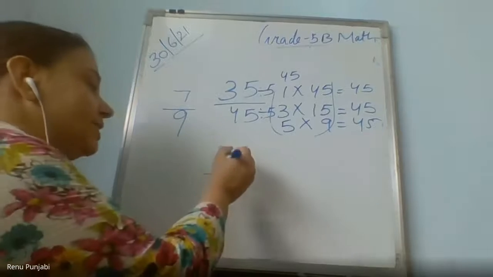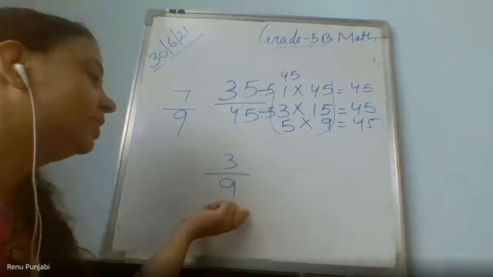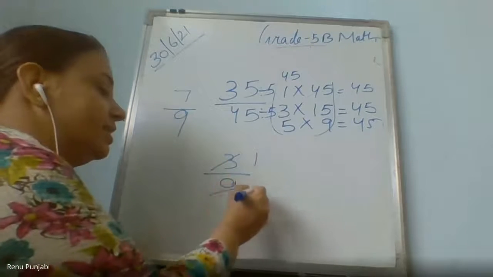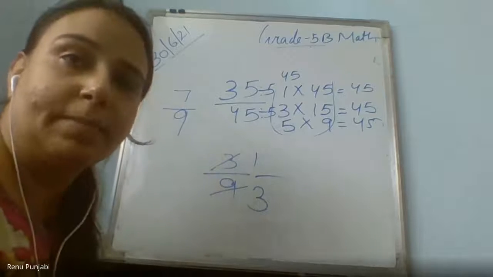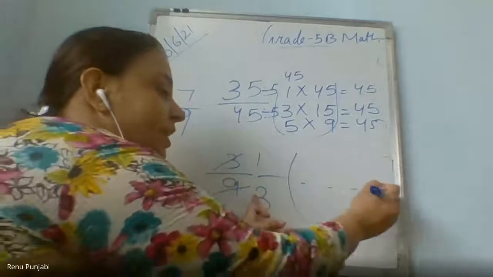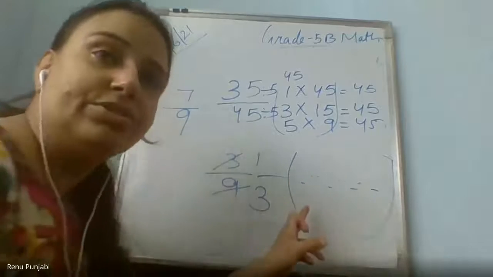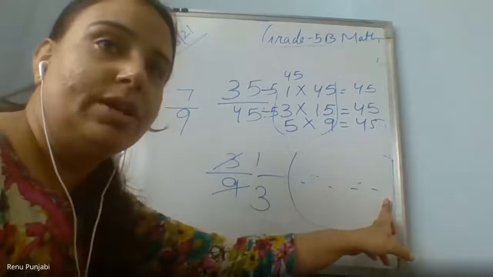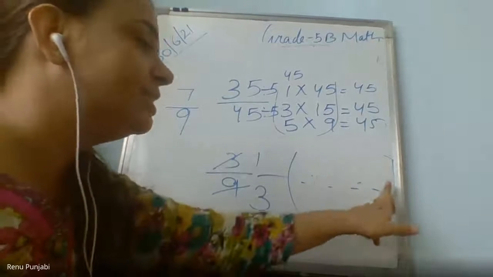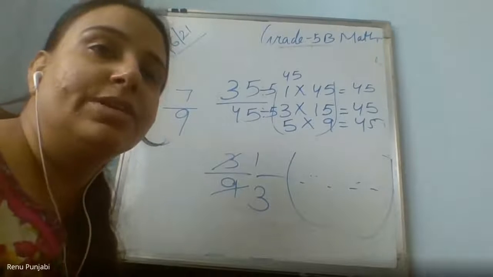For example, if I directly do the lowest term, I have told the students also and explained to them about the direct lowest term also. 3 ones are 3 and 3 threes are 9. This is the direct lowest term. 1 upon 3. So now the options are given, A, B, C. So for now you do the lowest term of the fractions and the options also. Once you are clear with the lowest term of the options also, then you can match which is similar. Okay. Thank you, ma'am.